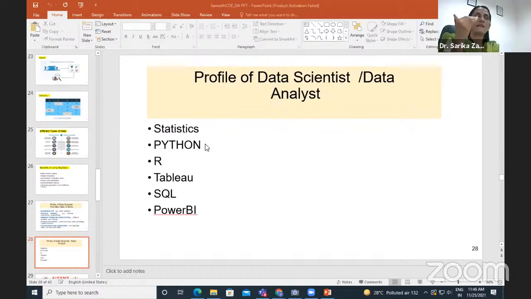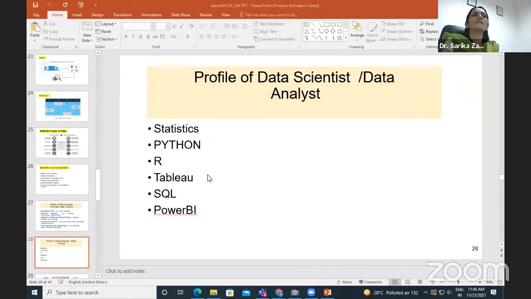Along with that, either C++ or Java, you must know either one. Because in most of the technical rounds, you need to have concentration on your data structures concepts also. So if you are comfortable with data structures using C++, you go for that. Otherwise, data structures using Java, you can go for that.